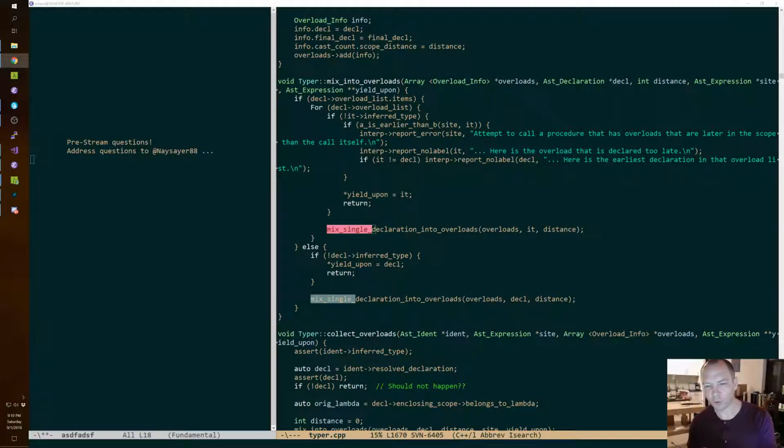Just remove overloads, problem solved. Yeah, dude, if we didn't have to do overloads, a lot of things would be simpler, I tell you. But this is just how things are.